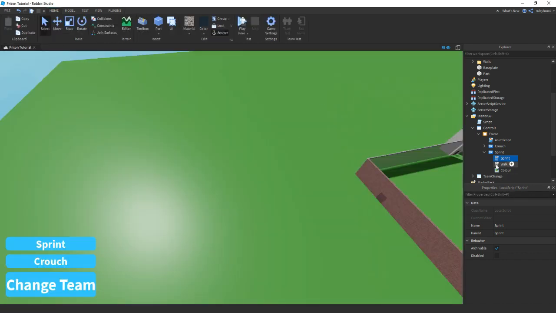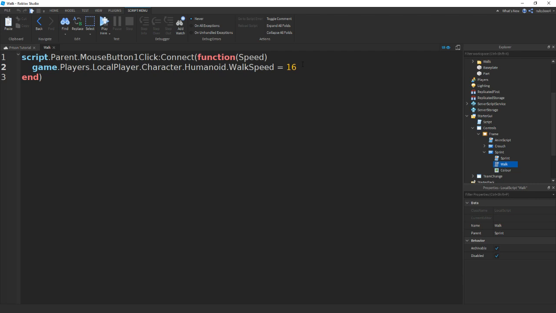If you close out of that and go back inside your walk one, we could do script.Parent.Text equals to sprint. Then close that. Then go down another line. Script.Parent.Sprint.Disabled equals to false. Then script.Disabled equals to true. So now if we test out,